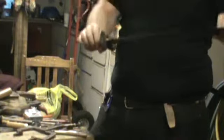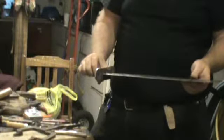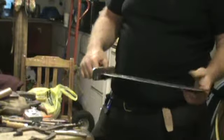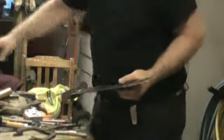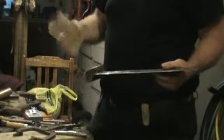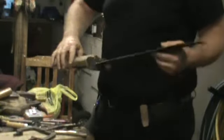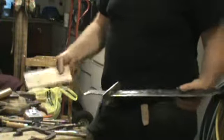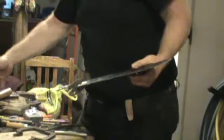Now them holes in the center won't hurt a thing. It'll work just like it is. It's pretty well hardened. I could use it just like it is if I wanted to. But I'll tell you what I'm going to do. I'm going to go ahead and reheat the steel again, one more time, when I build my other forge, before I put the handles on. I've got to make some handles for it. I've got a little piece of oak right here. I may have to get another piece. This may not work for both sides. I'm not sure if I got enough. But I'll have to cut it out of that. And what I'm going to do, it's just a piece of oak, dried dead oak out of the river bottom, just like I made